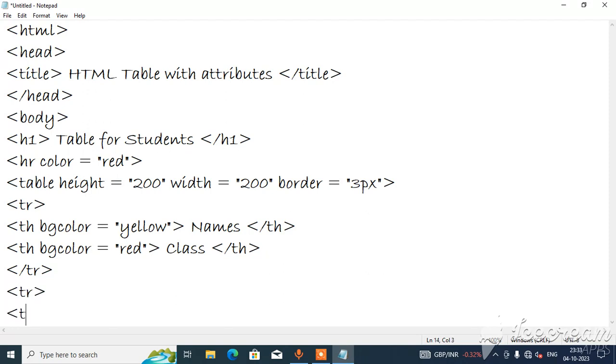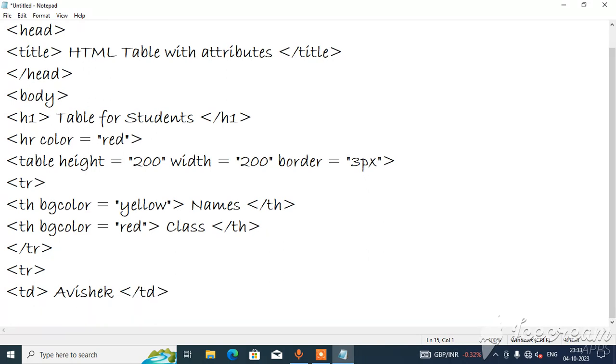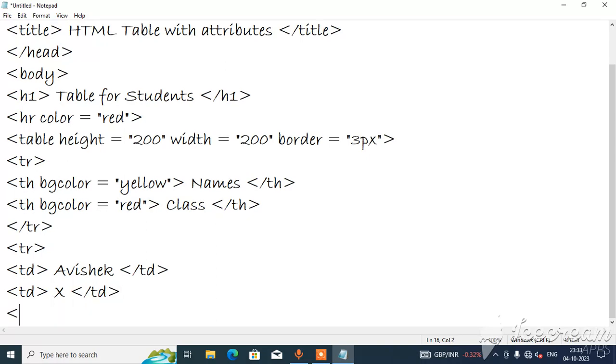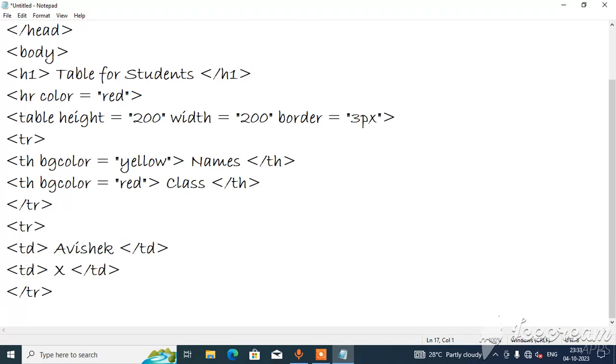Let's give td, the table data. Let's give the first name as Abhishek, slash td, td open. Let's give the class as class 10, td close, tr close. Let's give again tr,